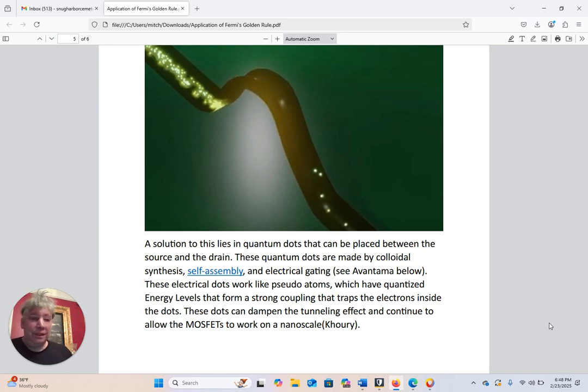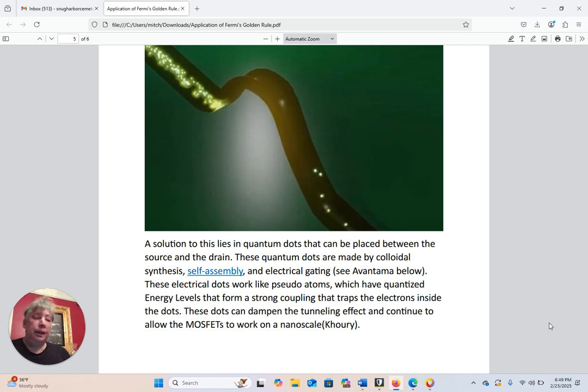It's a nice application of Fermi's golden rule. Fermi's golden rule is basically the fact that when an electron or some electrical occurrence disturbs an atom by passing by it and affects its potential energy, the energy levels have to change. But there already exist energy levels outside of that atom, so there's a coupling between the old energy level and the new ones, and that's just there in nature, which is really neat. So this here with the MOSFETs is a new type of coupling, which is really pretty cool.